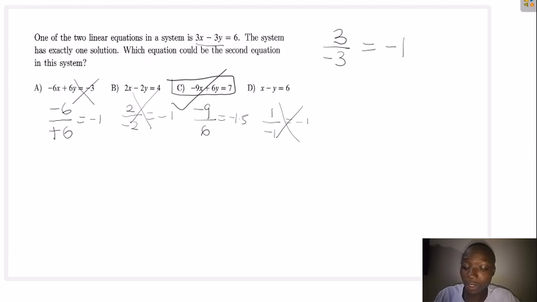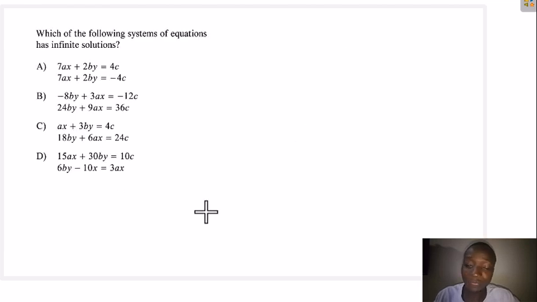Okay. All right. Another question you encounter in your second module: which of the following systems of equations has infinite solutions? So in this case, you're given several options. So your task is to quickly check through the options and determine which one has infinitely many solutions. So first, to check the slopes. So for the slope, you can see here that